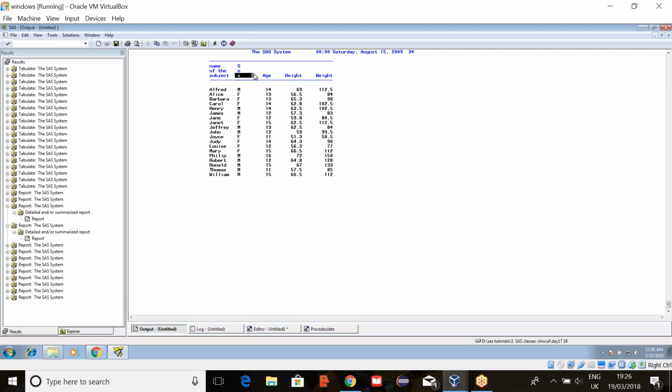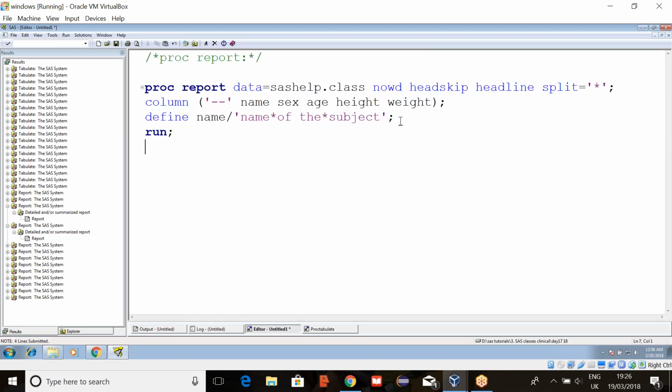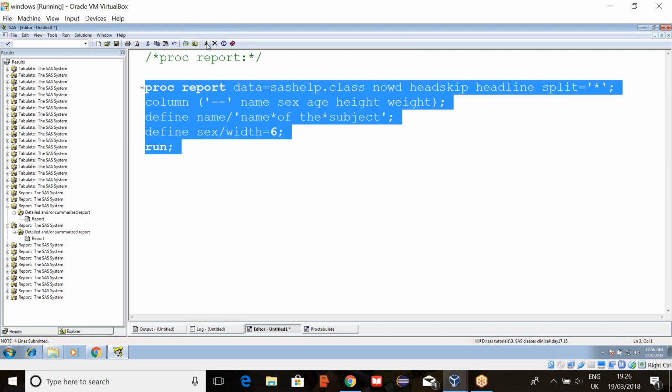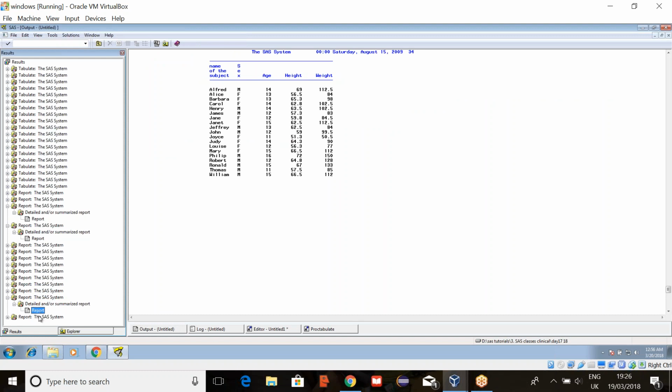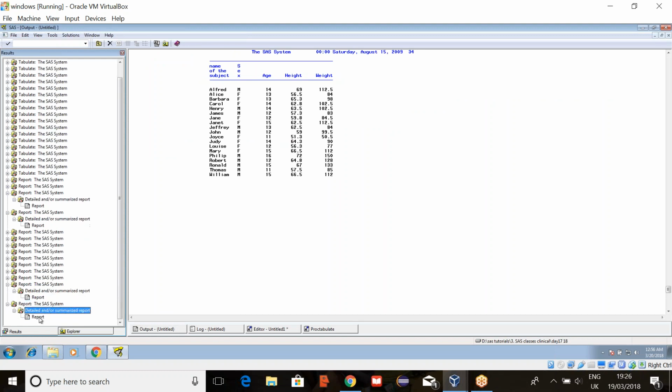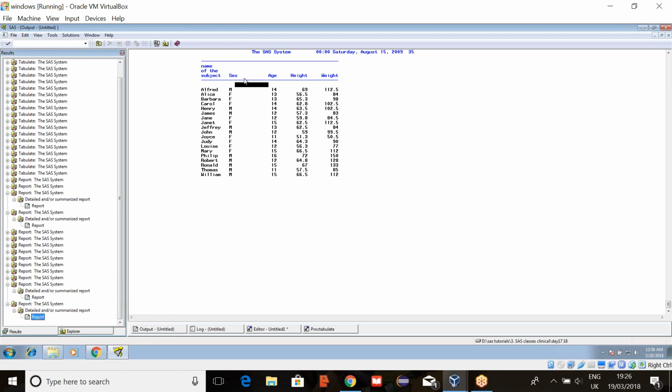So if you want to increase the width, we can just simply define your variable name slash width equals to 6. See here, if you observe, the space is more when compared to the previous report. Did you find the difference? Yeah. See?